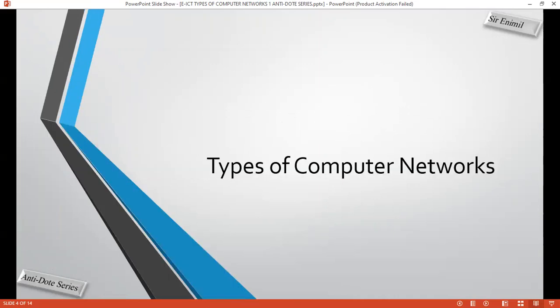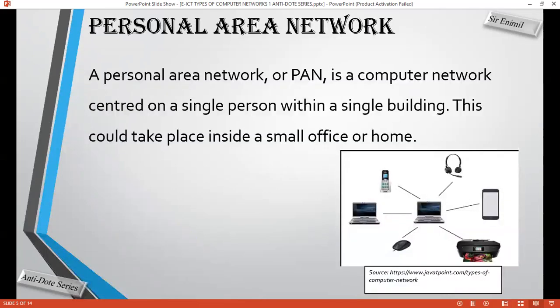Types of computer networks. Do not forget that we've already discussed computer networks. So if you don't know what a computer network is, you should just know that that has already been discussed. In this lesson, you're just going to look at types of computer networks. For the types of computer networks, you have the personal area network. Don't forget that a computer network is just a group of computers that use communication protocols over wired or wireless transmission media with the aim of exchanging resources or sharing information.